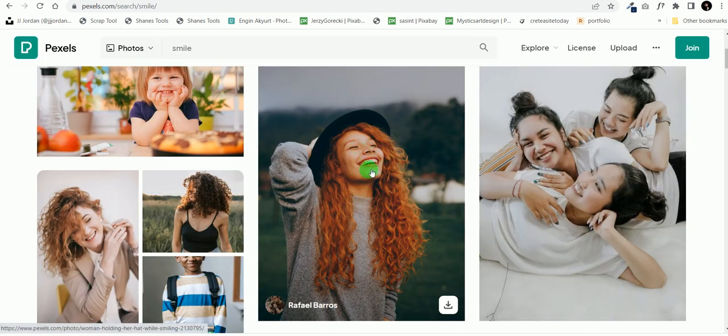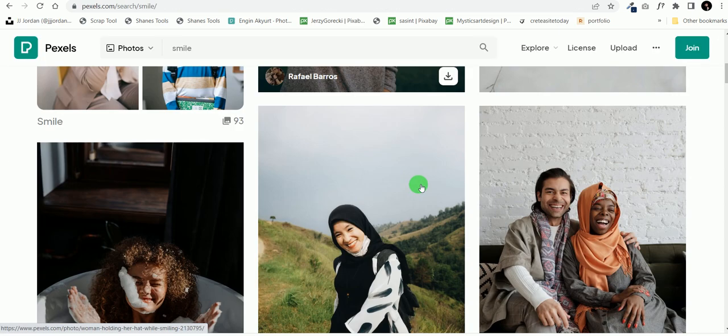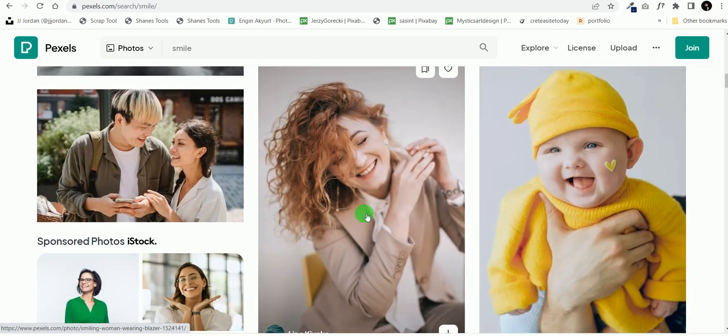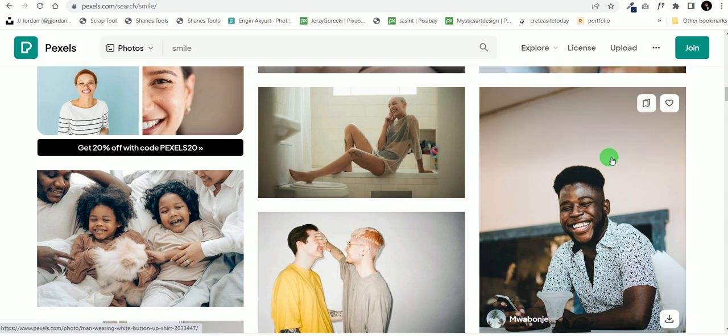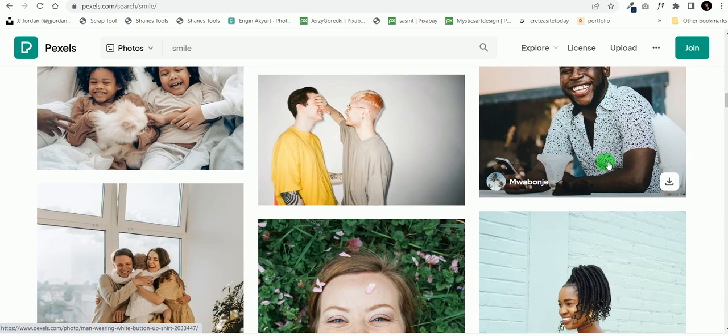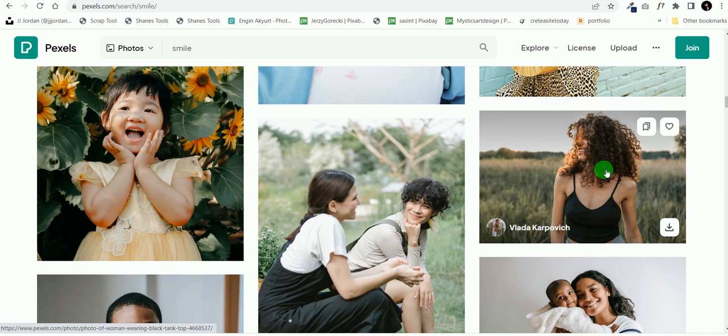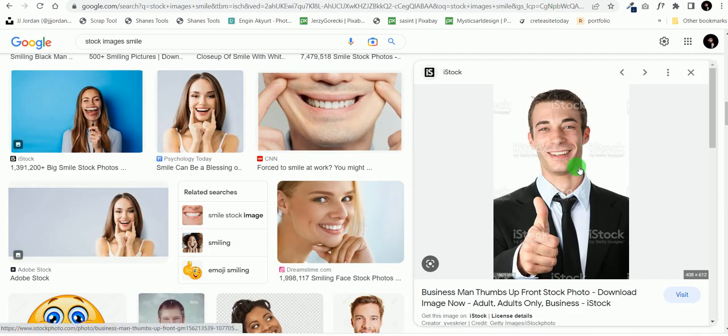So this one is natural, really cool. I like this one. This one is also natural, really natural. You'll find many images on Pexels with really natural smiles, and you have to pick and choose the images which look natural. That's super important. You have to find these images because the others look really stocky, and if your design style is stocky, then it's good,